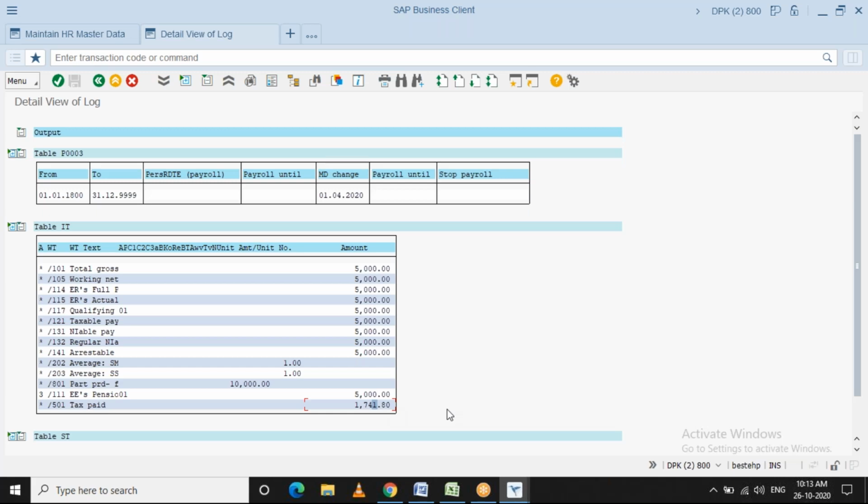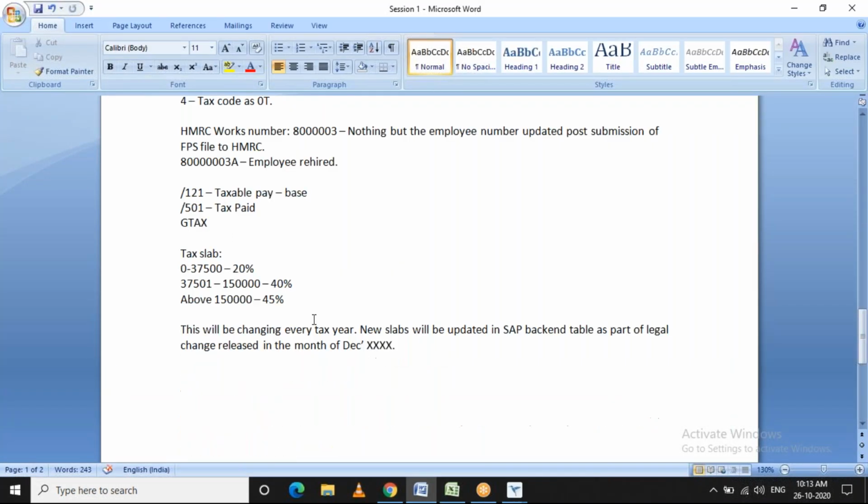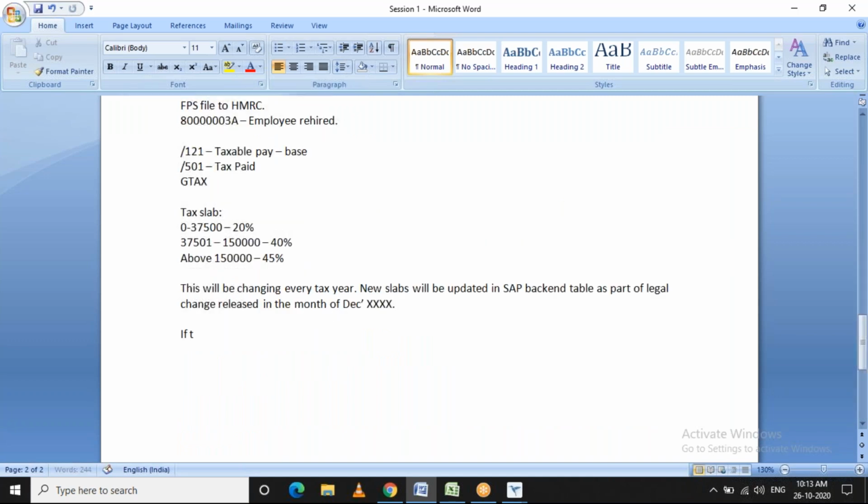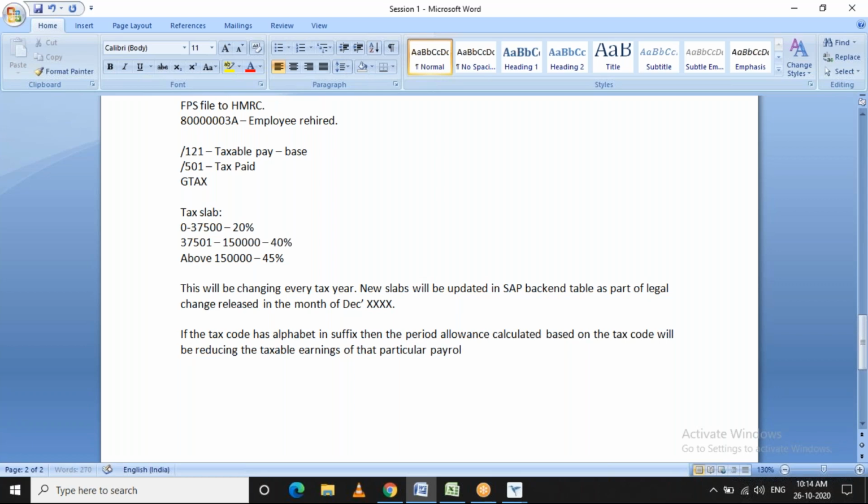So if the tax code has an alphabet in the suffix, then the period allowance calculated based on the tax code will reduce the taxable earnings of that particular payroll period.